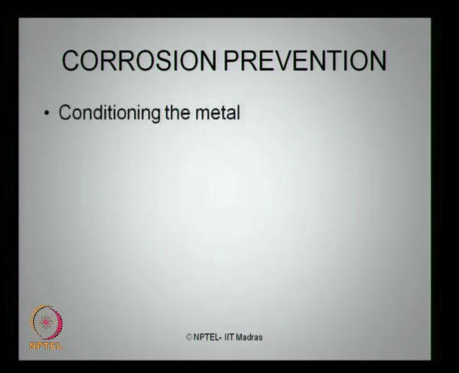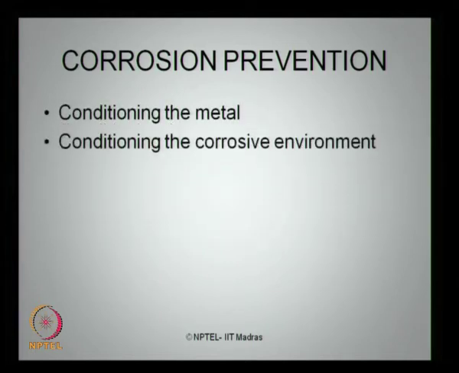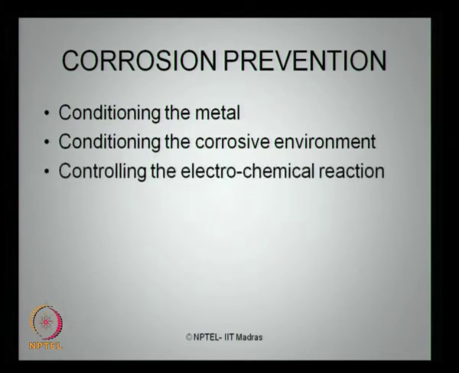There are different ways by which corrosion can be prevented. One, you can condition the metal surface. Two, you can condition the corrosive environment. Three, you can control the electrochemical reaction which is responsible for corrosion. Let us see one by one, in detail, all the 3 methods by which I can